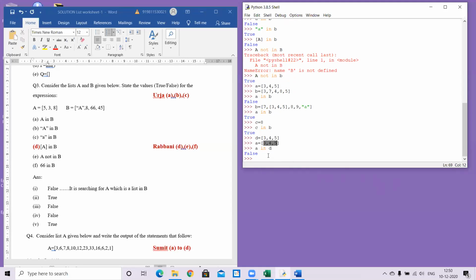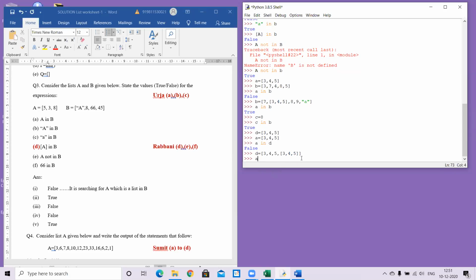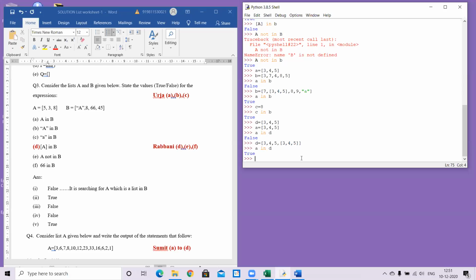Excuse me, ma'am, understood. So if we make the A list again inside D, ma'am, then it will come true. Then it will come true, because that will be a sublist, and then you are trying to search a list only there. Yes, it has a list within the list, which is coming out to be true. Let us try that again. So I'm saying D is equal to 3 comma 4 comma 5. They are individual elements. Sorry, I didn't give square brackets. Comma, but in square brackets I again give a sublist which is 3 4 5. Now I try to search my A in D and it will give me True.